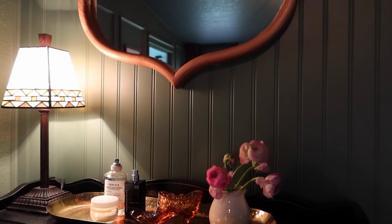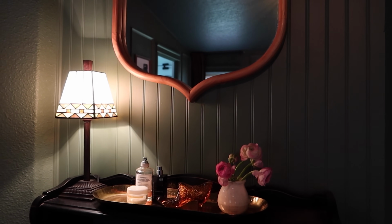Trader Joe's might be the cheapest place to get really beautiful florals, but every time I buy flowers, whether it's from there or anywhere, I'm always reminded that I want to start my own cut flower